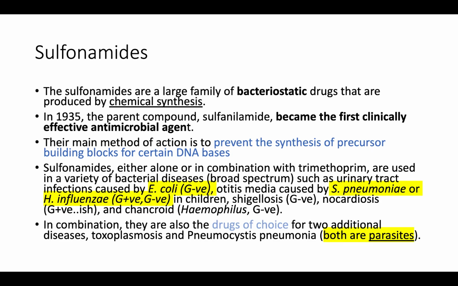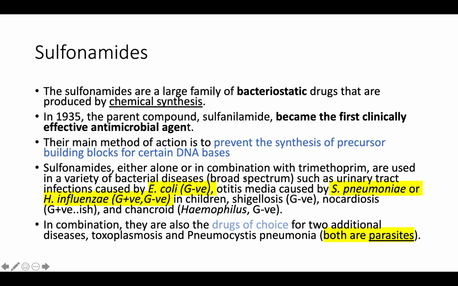The sulfonamides are considered the first compound that is clinically effective as an antimicrobial. I was reading one of the history books, and it said that when sulfonamides first came out it was just so much like magic, and they kept using it for everything. Then people started saying this is not a magic drug, you can't use it for everything, because it was really the first thing that you could give someone with an infection. So their main mechanism of action, as we said, is blocking precursor synthesis, either alone or in combination. They are used to treat